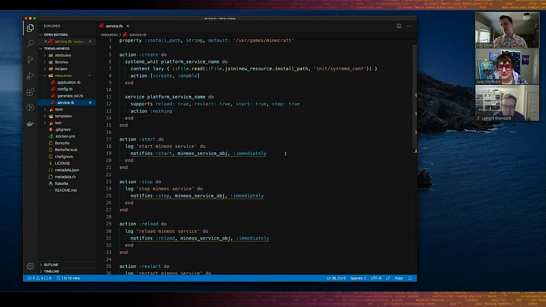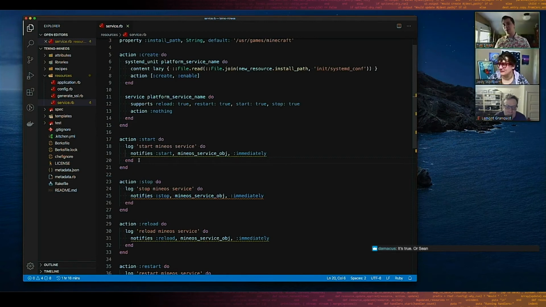I went and found this while Lamont was talking to show off specifically somebody who's doing some notification chaining or aggregation or whatever you want to call it. Where people would do this a lot is if they had a thing they did somewhere in a resource that required a restart. So they were like, hey, I have this recipe that sets up some service, and somewhere at the end of it I'm going to need to restart that service, but I don't want to take the service down. And there's like 6 things that might update that service, and I certainly don't want to restart it 6 times because Chef will gladly do that for you.